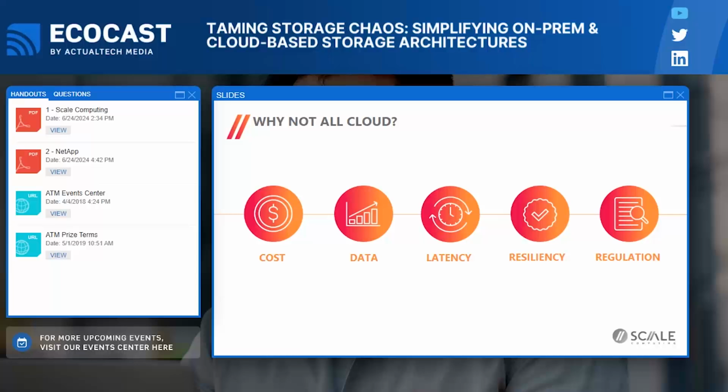Another is resiliency. Normally you would think of cloud storage as being quite resilient, but what if you are in a situation where you don't have a network connection? Think, for example, of shipping freighters that are crossing the ocean. Starlink has made a lot of inroads in making data accessibility a lot better, but there are still scenarios where having the data on premises is really important.